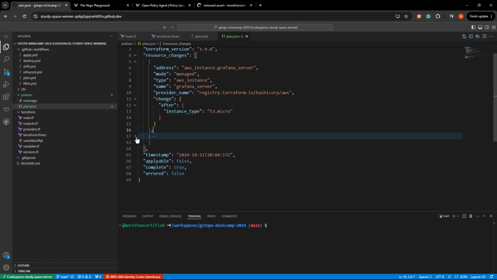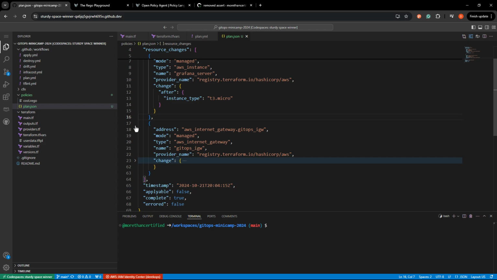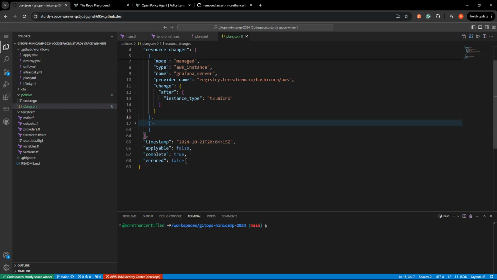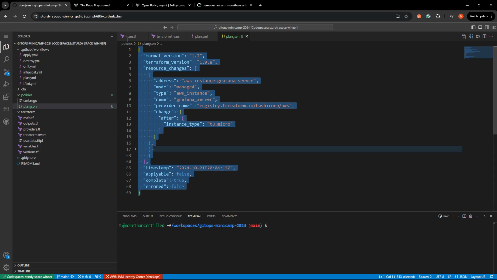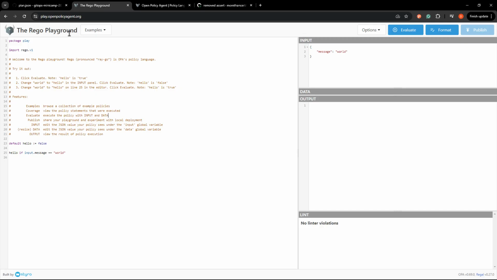And honestly, this one's so small, I'm just going to leave it the way it is for right now. I'm going to copy what's left. Now I'm going to head to the Rego playground right here,